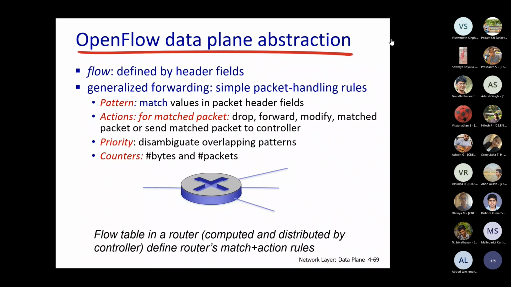The ternary TCAM, ternary content addressable memory, is a logic which will help to calculate the destination IP address within a single clock cycle. So that is the one operation the router is performing. What is the switch doing? The destination MAC address, because if one switch wants to communicate with another switch, all the switches will have their own MAC address.